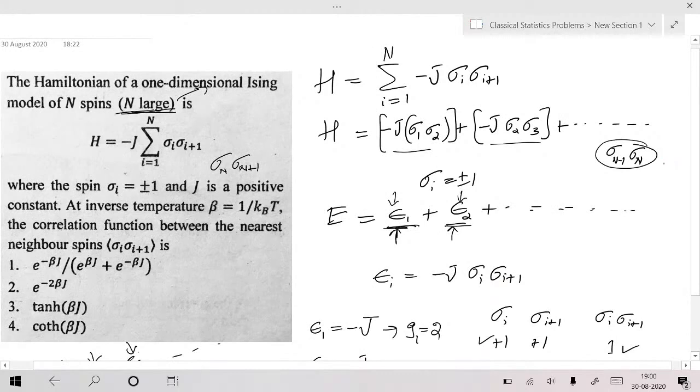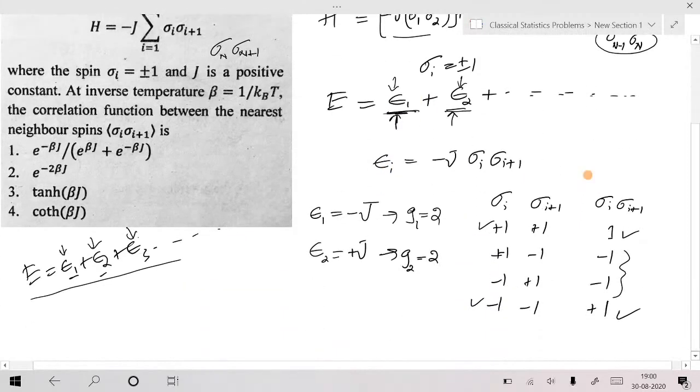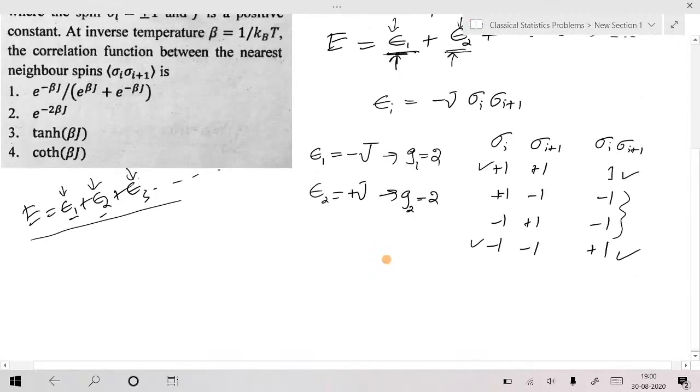Look at here. I'm going to apply this technique whenever my Hamiltonian is additive, whenever my total energy is additive, and the individual energy terms have the same energy levels. That also happened in the case of the n-particle system, where individual particle energy levels are modeled in exactly the same manner and had the same energy level. Now don't forget this degeneracy factor. Look at here, there are two states corresponding to this product plus 1, which corresponds to energy minus J. So there are two different states corresponding to this one.